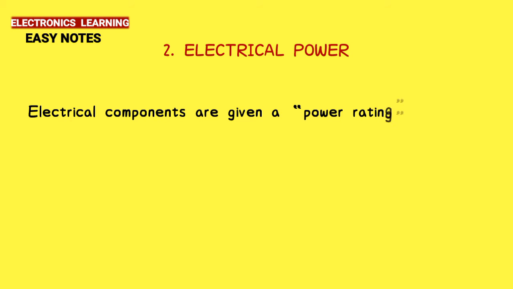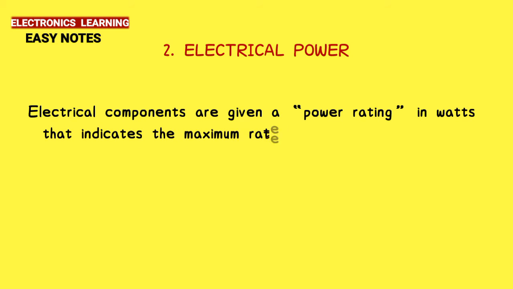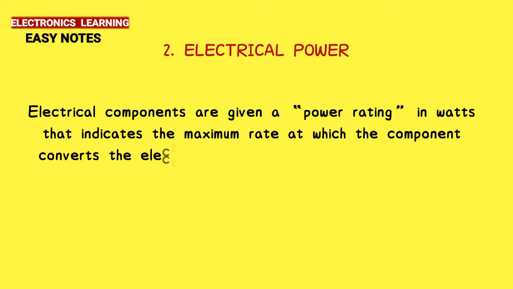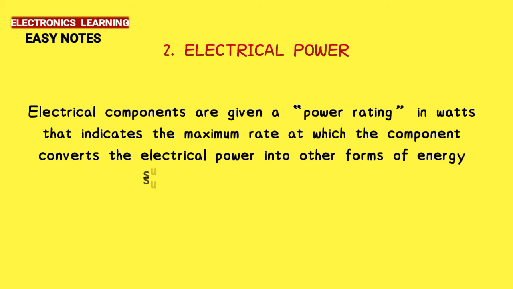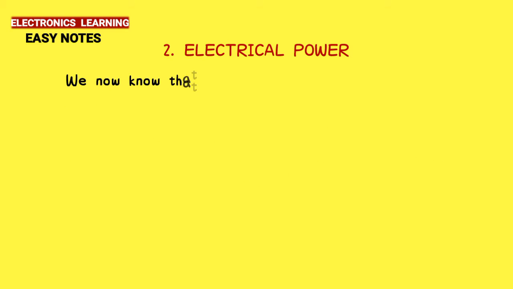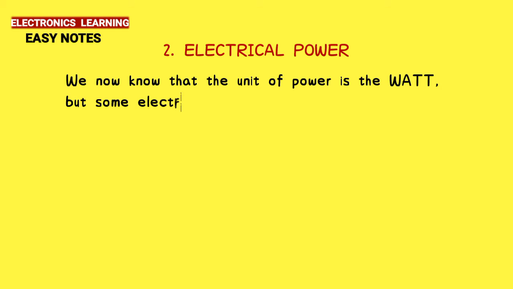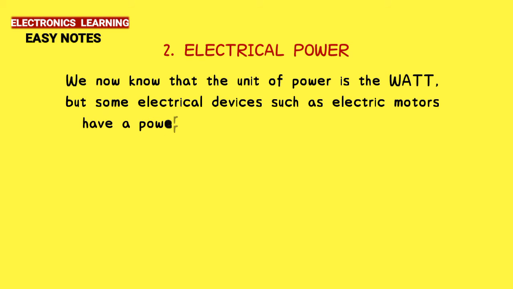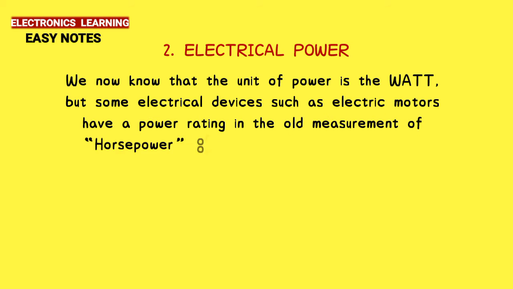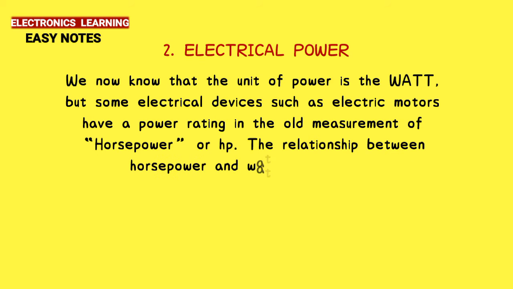Electrical components are given a power rating in watts that indicates the maximum rate at which the component converts the electrical power into other forms of energy such as heat, light or motion. We now know that the unit of power is the watt, but some electrical devices, such as electric motors, have a power rating in the old measurement of horsepower or HP. The relationship between horsepower and watts is given as